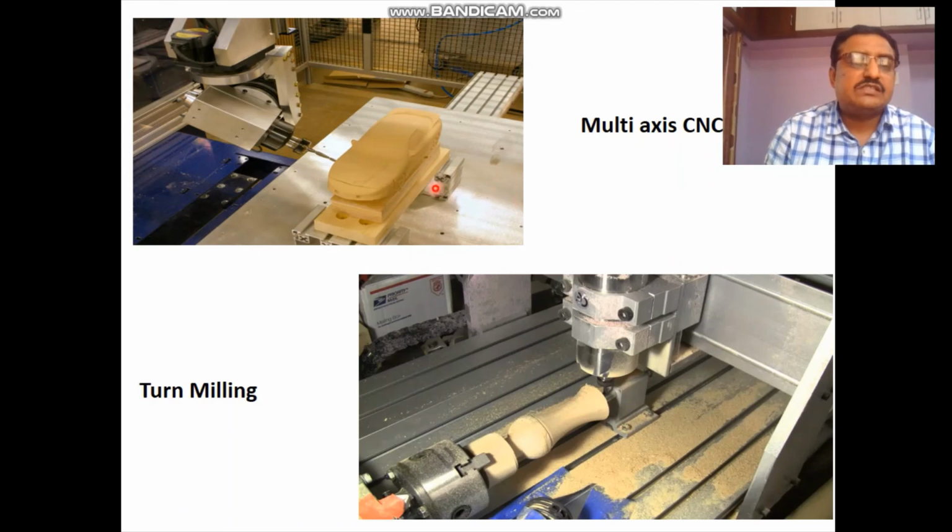So these are some axes of a multi-axis machine center shown here. This is turn milling, turning as well as milling. So it is called a turn milling machine, shown with this. So this is related to some part